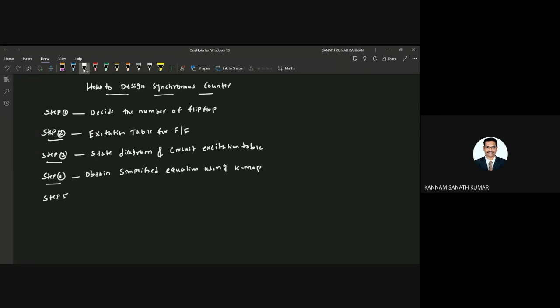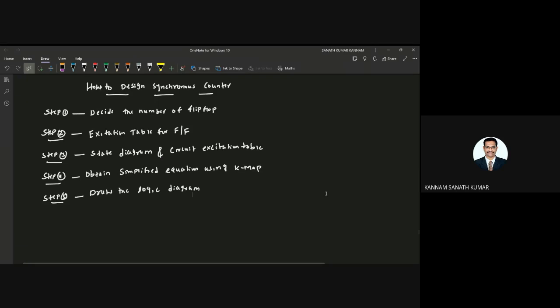And step 5, by using that expression, you need to draw the logic diagram. So these are the steps while designing any synchronous counter. You need to remember these steps, follow them, and then design a synchronous counter.